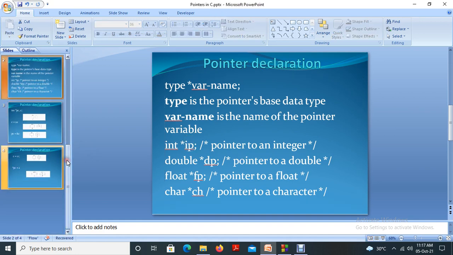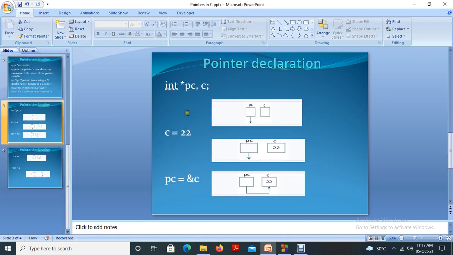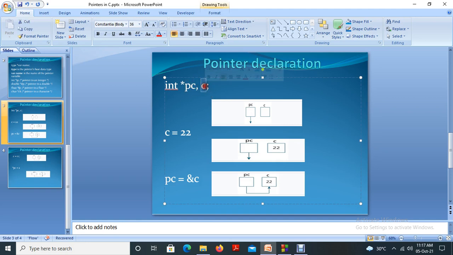Okay, and here this is the exact meaning of the declaration. In this case we have two variables: one is a pointer variable pc, and another is a normal variable c. So the compiler creates two memory locations, the first memory location and the second memory location.